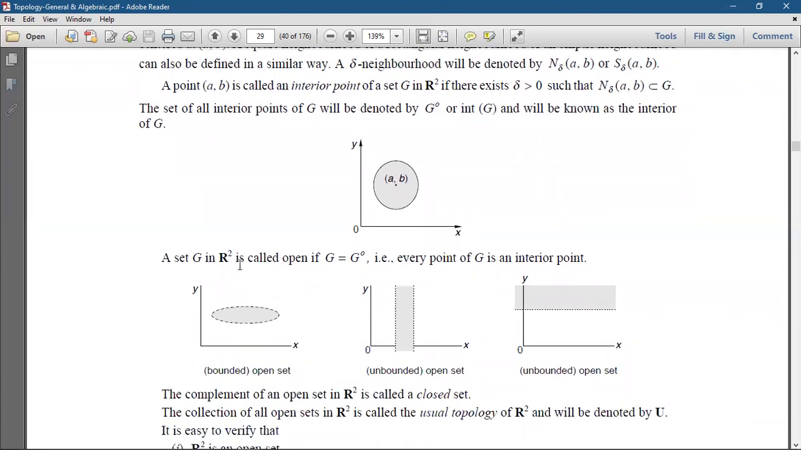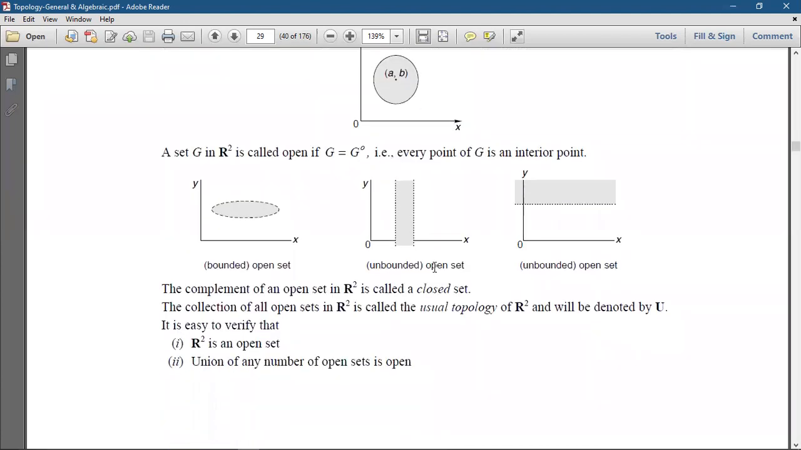A set G in R square is called open if G equals G interior. That means every point of G is an interior point. Then we can say that the set is said to be open. A lot of things are studied in a similar way. The complement of an open set in R square is called a closed set, as already seen in R. The collection of all open sets in R square is called the usual topology of R square